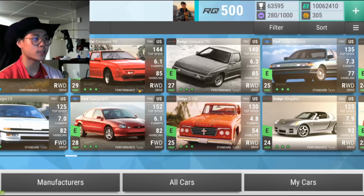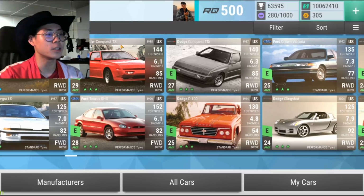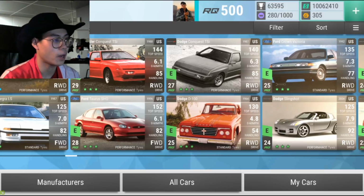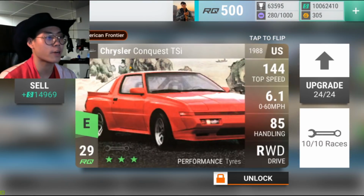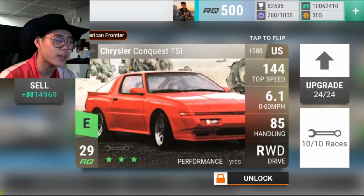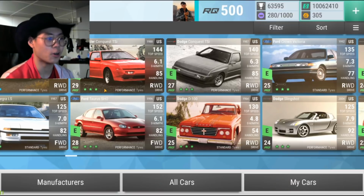I got the Conquest and the Chrysler, the Dodge Conquest and the Chrysler Conquest. These two I actually haven't used much. They look very beautiful. I love them, and the stats are pretty decent. But I haven't used them much because at the end of the day, the Chrysler Conquest is just not as good as the Lotus Europa Cup, I think, which is 6 something? 5? No, 5884, I believe. So the Chrysler Conquest TSI, because of the bad 0 to 60, I haven't used it that much